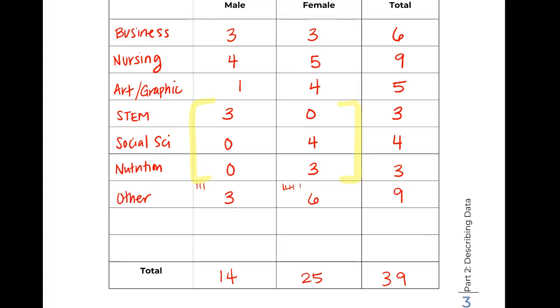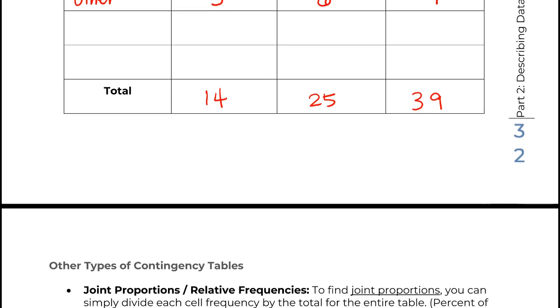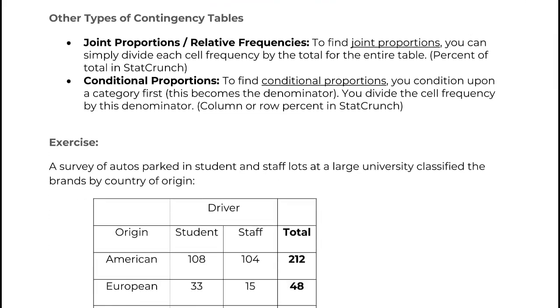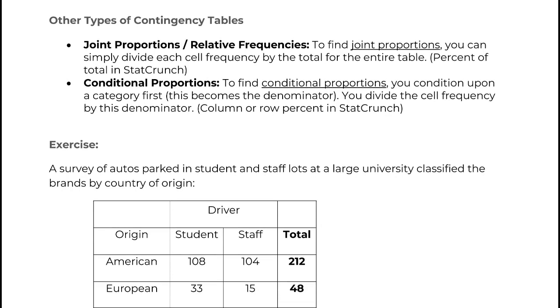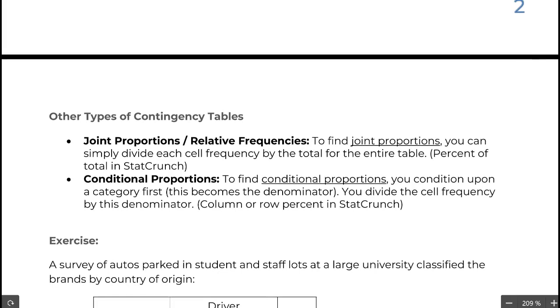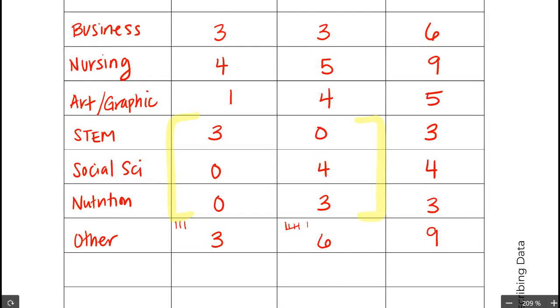So anyways, I just wanted to show this to you as one way to look at our data using a contingency table. Those contingency tables, there are multiple types of them. The one we just made had the actual counts, but we could have turned this into a joint proportion or relative frequency table. And that just means that we could have gone ahead and said, oh, if we have 39 people in our class,